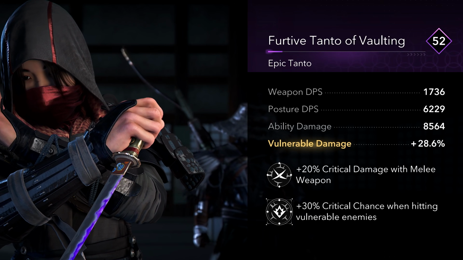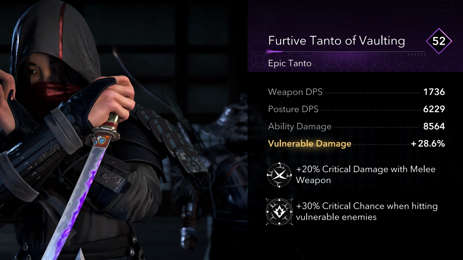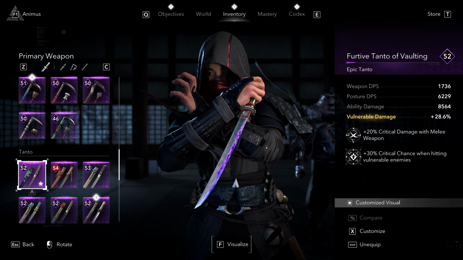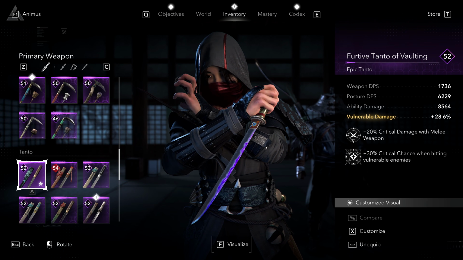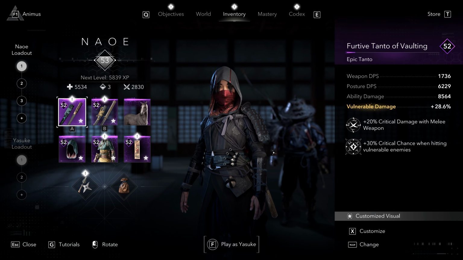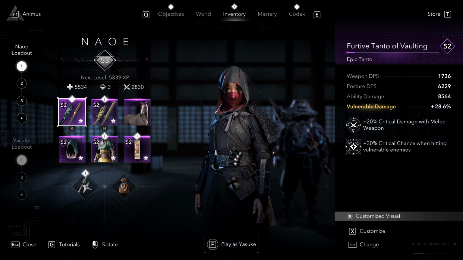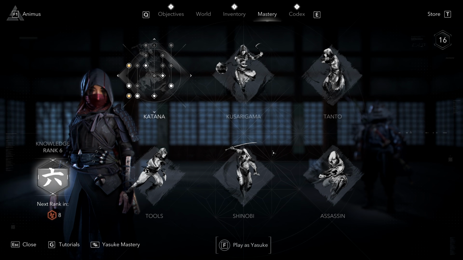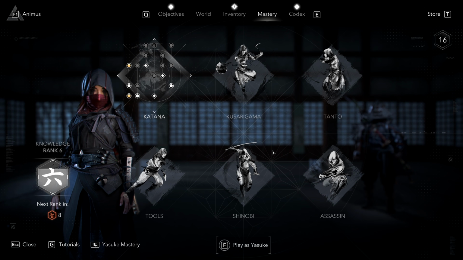Do keep in mind that the stat rolls on this level 52 are much higher compared to the 53, so you can still think about what exactly to use if you really want to get the most out of your build and min-max the damage output. Anyways, now that we've got that out of the way and you know how to get your hands on all these beautiful items, let's move on to the masteries, as this is where the build really starts to shine with